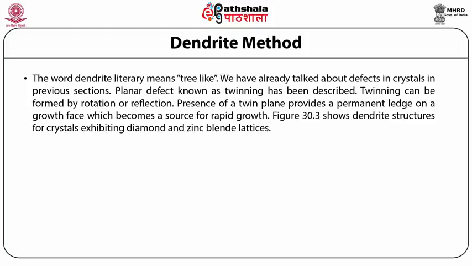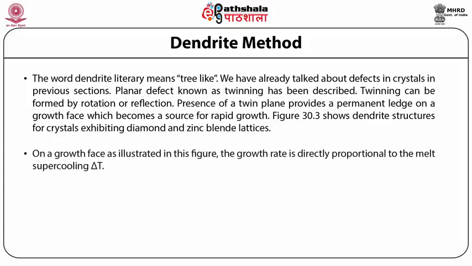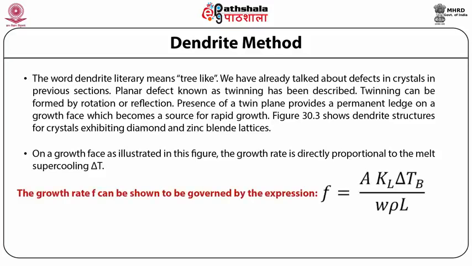Figure 30.3 shows dendrite structures for crystals exhibiting diamond and zinc blende lattices. On a growth phase, as illustrated in this figure, the growth rate is directly proportional to the melt supercooling delta T. The growth rate F can be shown to be governed by the expression F equal to capital A capital K with a subscript L, delta TB over W rho L, where KL is the thermal conductivity of the melt,